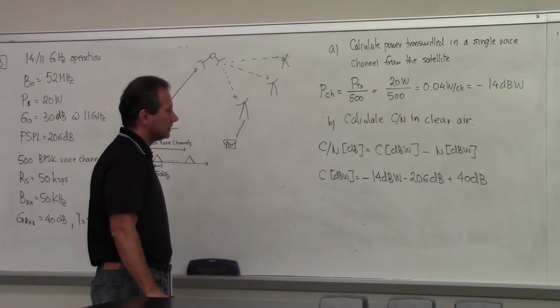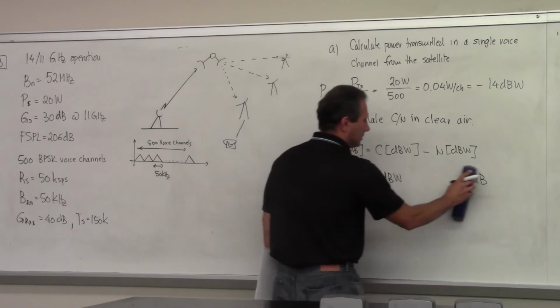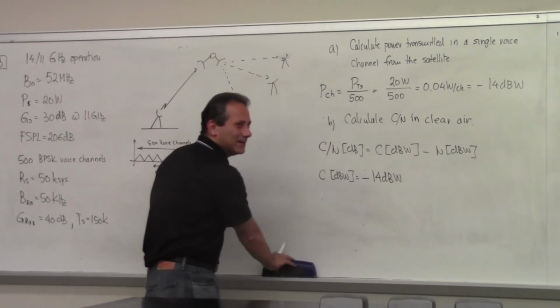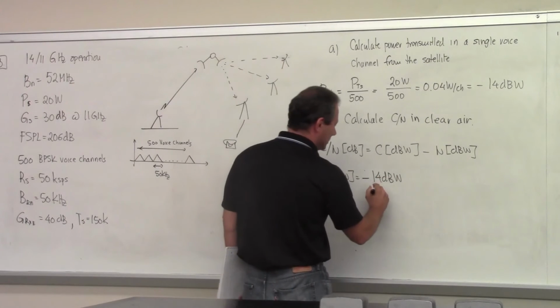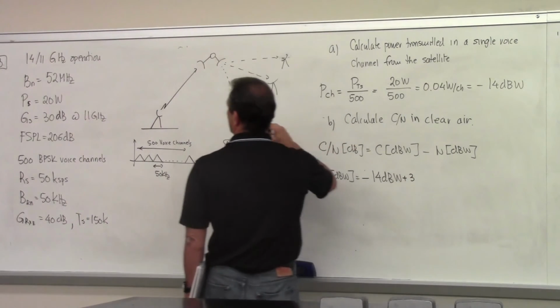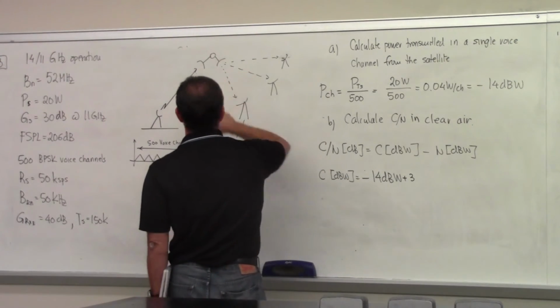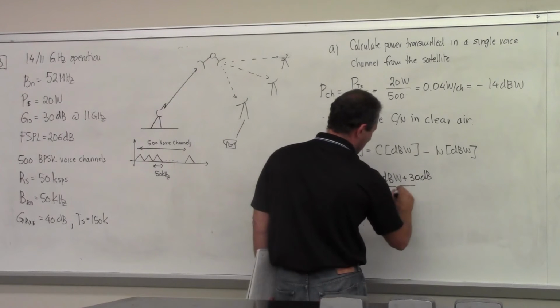Oh, what did I forget? See, whenever I deviate from my algorithm, I start making mistakes. So this is the power, right? But what is it that I want to have? I want to have EIRP. Yes, and then plus 30 dB. So this is the EIRP